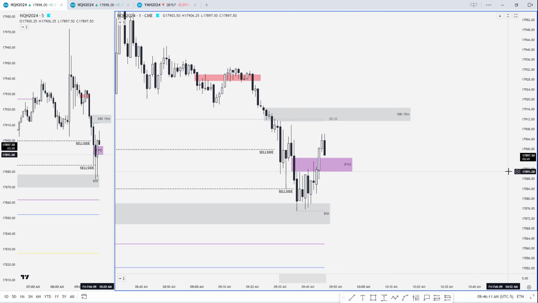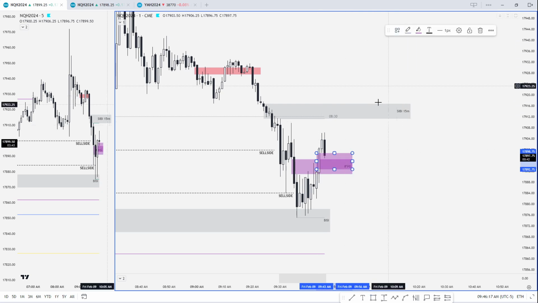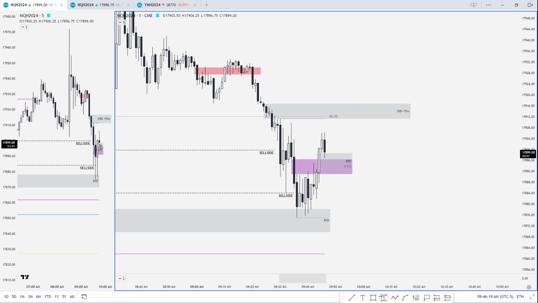All right, so potentially we have this gap with the inversion too. That's already 2 PD arrays. I would feel comfortable going long off this, scalping for 20, preferably off the inversion. We have the breaker in here too. I do like it. Your 20 points up from here would be slightly past